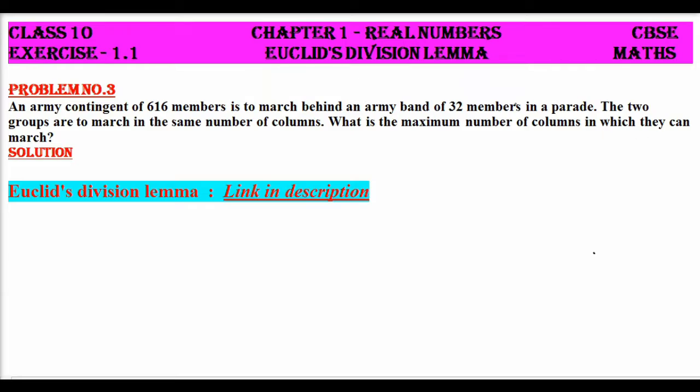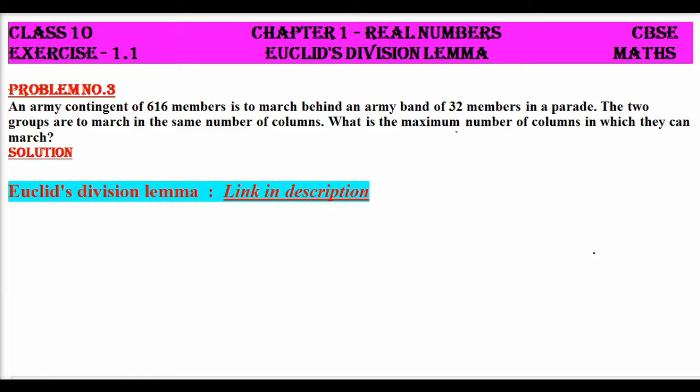Okay, now let us see the clear explanation of what this problem says. Let's see a small visualization of this problem so that we'll better understand what is given in the problem and what we need to find. Of course, this problem is an exercise problem under Euclid's division lemma. So obviously I'm going to apply Euclid's division lemma and find the HCF of the two given numbers. That's what we are going to do.